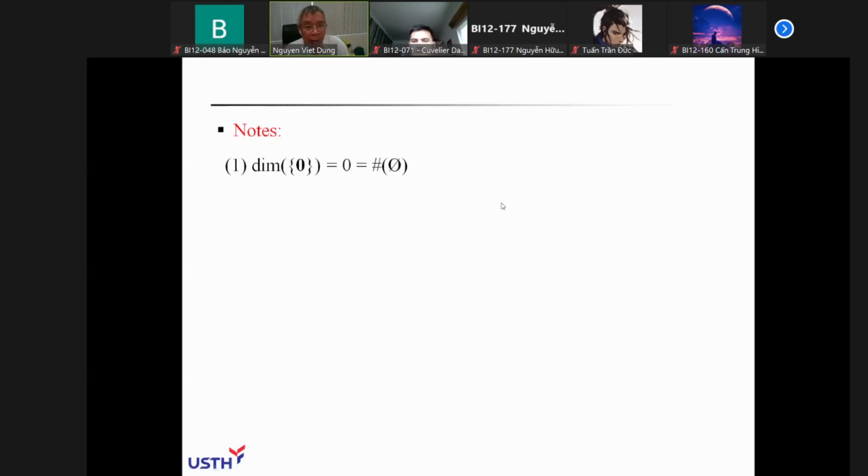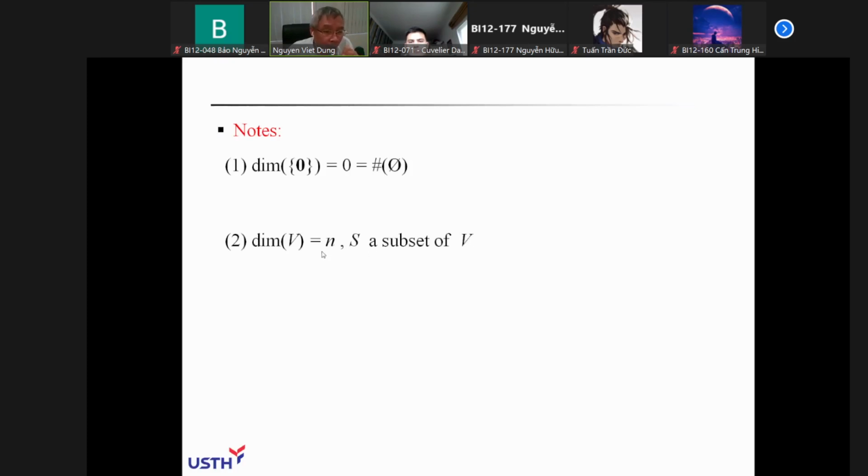And now we begin our examples. First of all, if you consider the zero vector space, it has a basis that is the empty set, which means it does not have any vector inside. So we consider the dimension of that to equal 0. That is the first thing. The second thing,